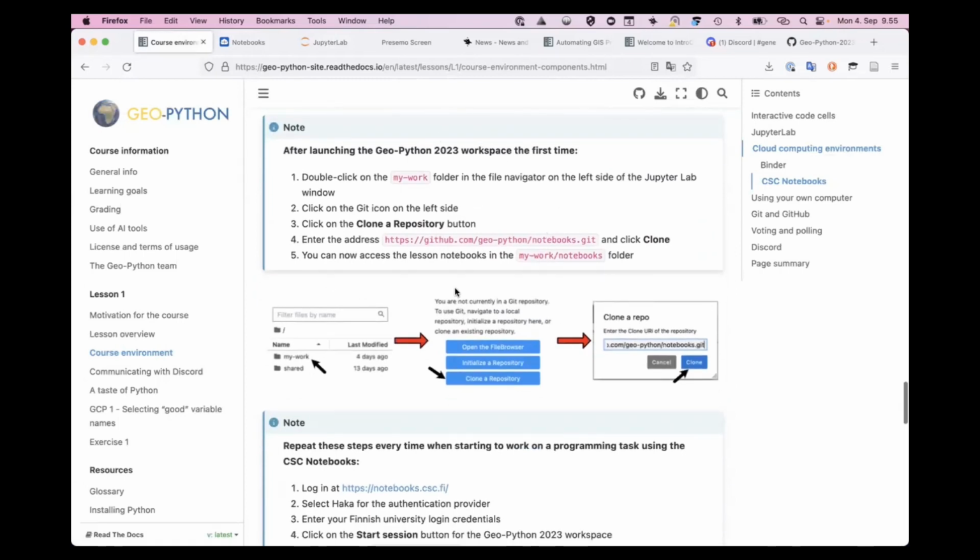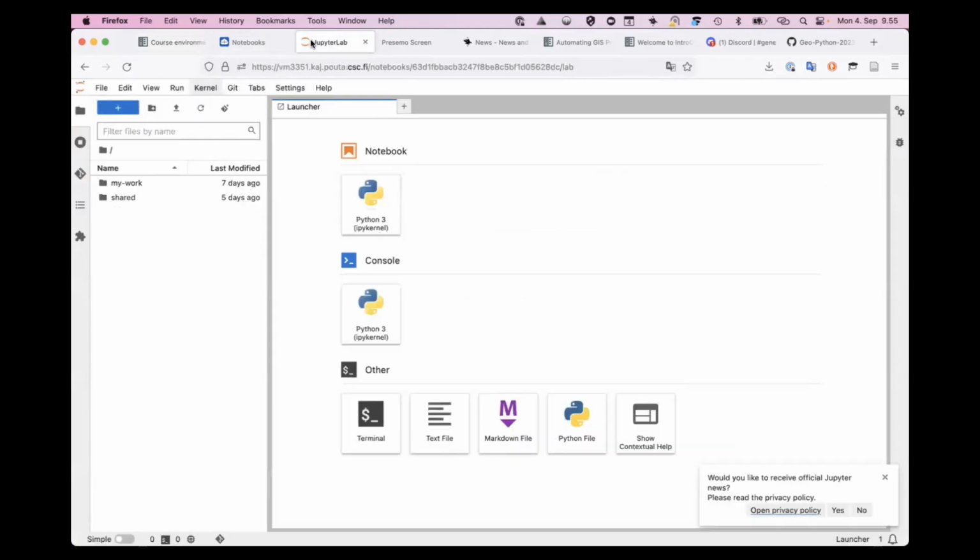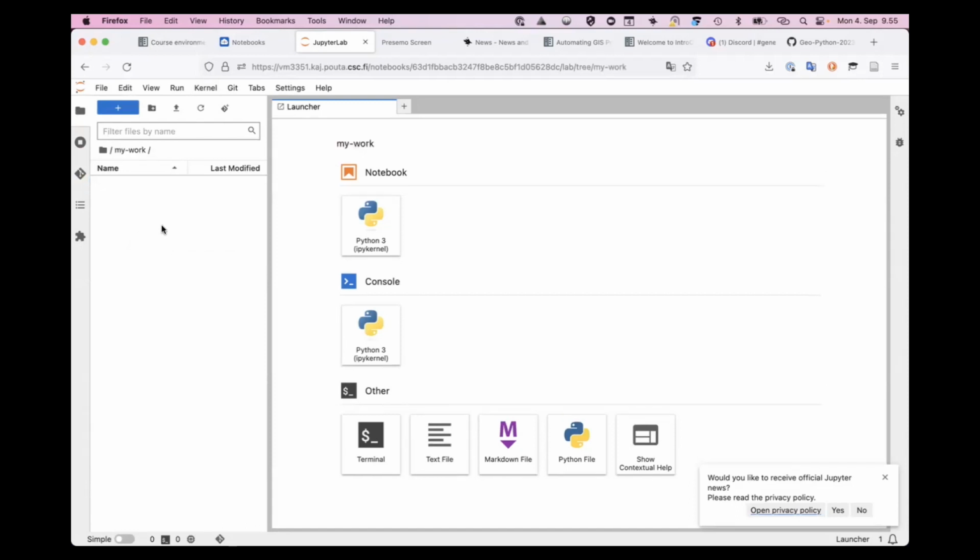So when you launch the Geo-Python 2023 workspace the first time, we need to go and do some extra steps. So first, we need to double click on the My Work folder. So let's go back over here. You should see Shared and My Work as two folders that you can view. And if you double click on My Work, it should be empty. And that's what you should do first, is just double click on My Work. Then